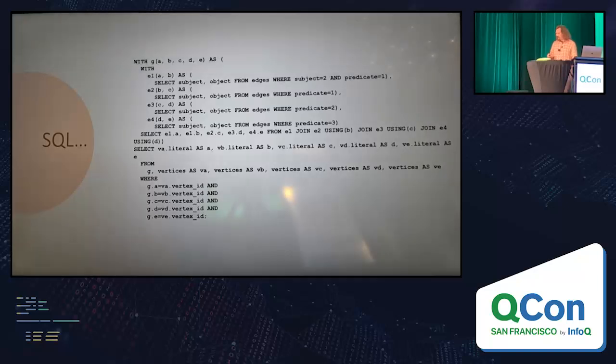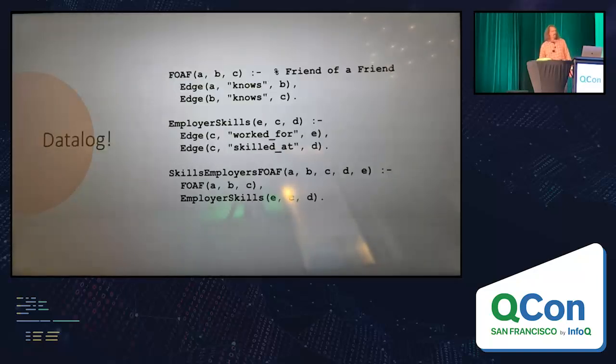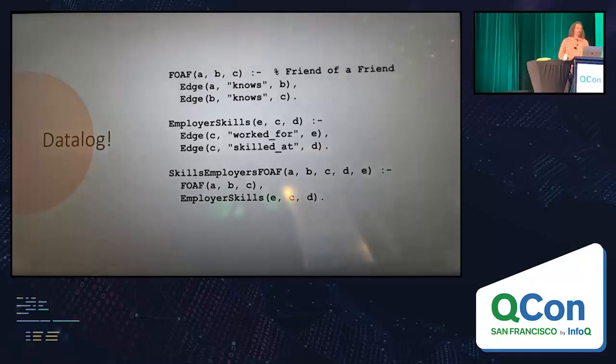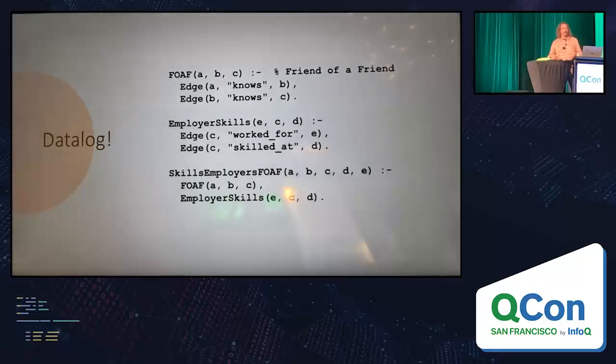Okay, I've tortured you with SQL enough. We have a much better syntax. Interestingly, it's been sitting there in a textbook for 30 years. It's Datalog. This Datalog that you see on the screen is the same query that the SQL was doing. You see it has a natural decomposition into rules. And it's just a basic social graph type of thing. I'm looking for employers and skills of friends, employers and skills in my second degree.